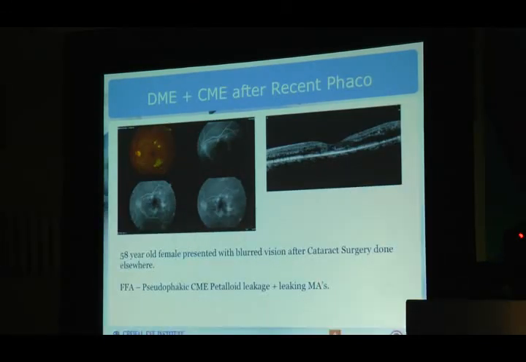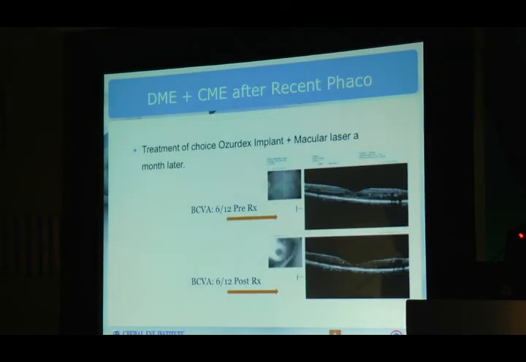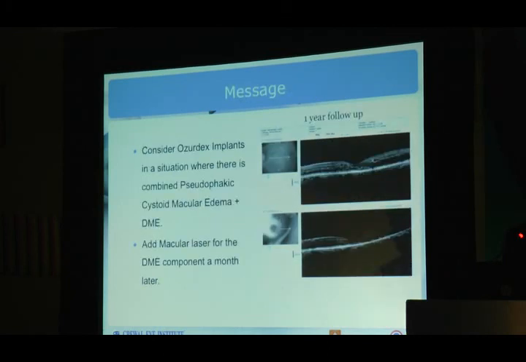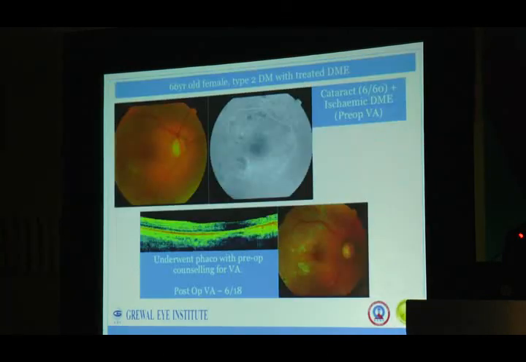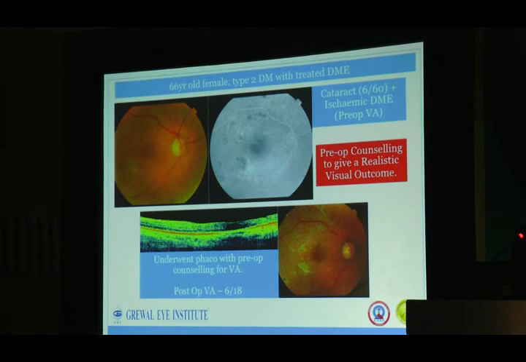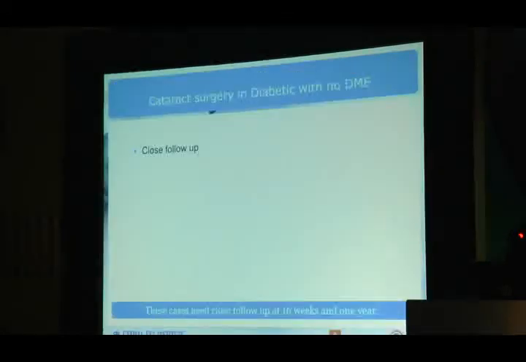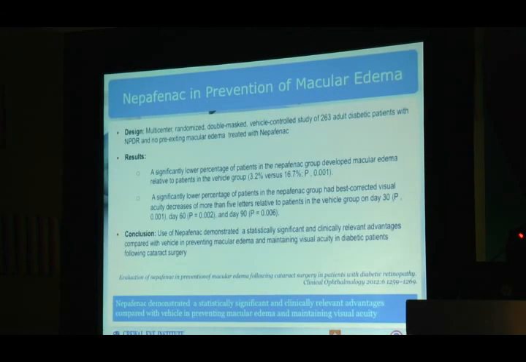This is a situation where you do a cataract surgery and you have aggravation in the post-op period, especially a combination of CME and cystoid macular edema. These are the cases which will best respond to the intraocular steroids rather than the anti-VEGF alone. The last situation is where a patient has ischemic macula, that means the foveal avascular zone is increased. These are the cases where you will be going ahead with the cataract surgery, but they need proper preoperative counseling, giving them a realistic visual outcome, and these patients should know that they are not going to have their vision normal. These cases need a close follow-up, and it will be a good idea to keep all these cases on post-op nepafenac because it has some role in preventing